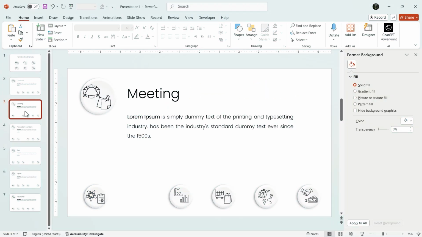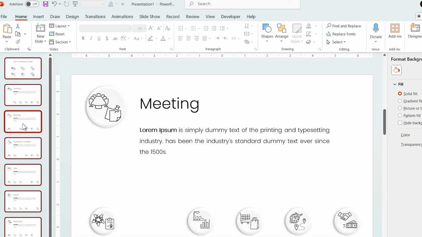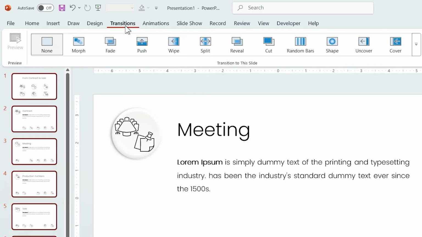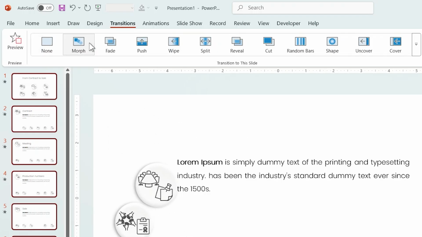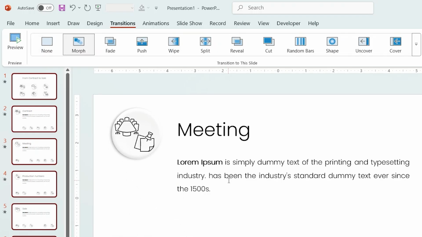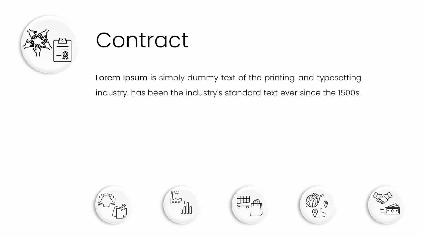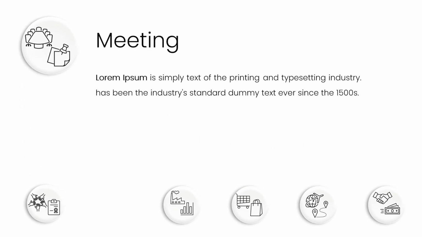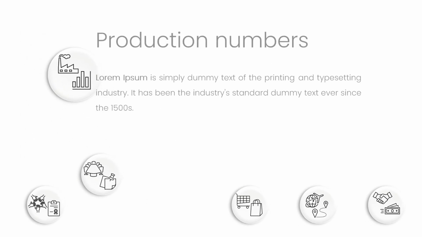Part 4. Morph transition. Now select all slides, go to Transition tab, and apply Morph. This is the result. Instead of slides with repetitive design, you now have a clean step-by-step PowerPoint system that guides